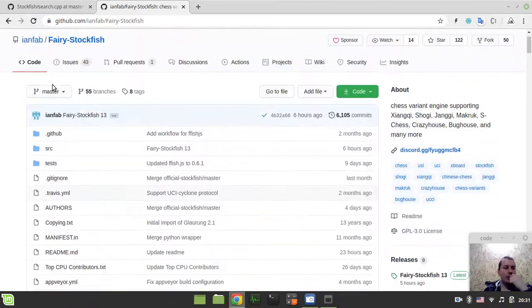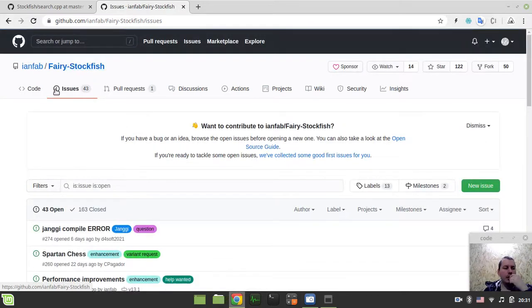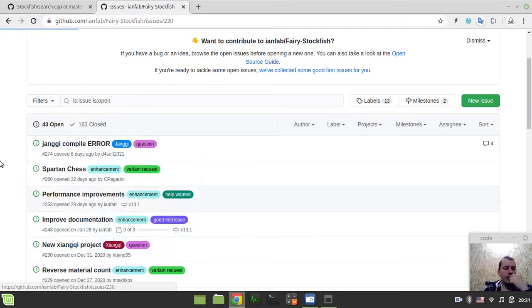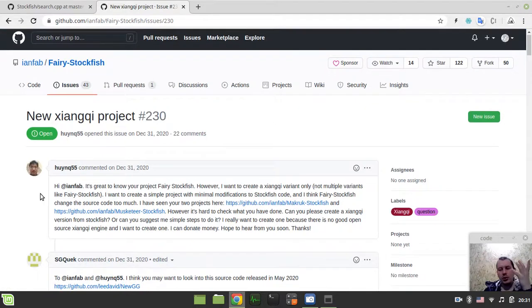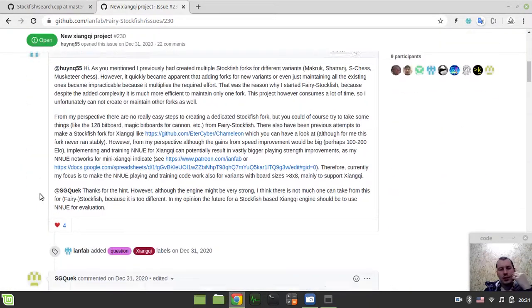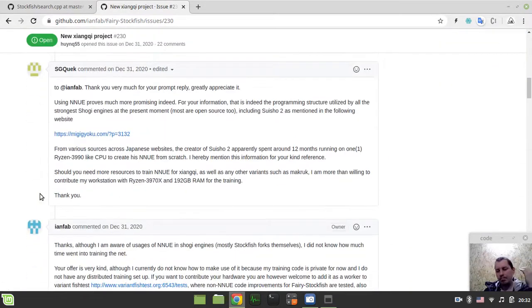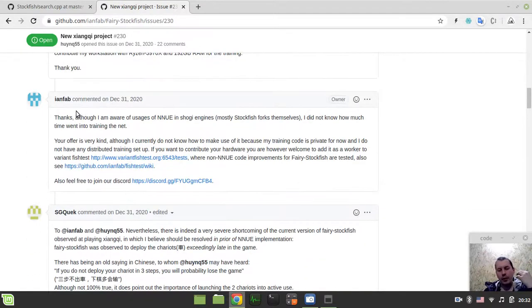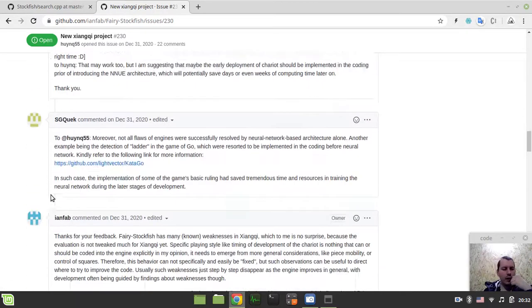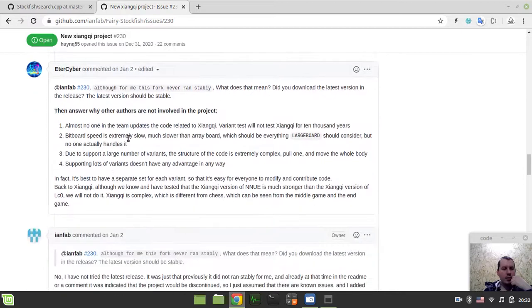So let's go to the issues again, and this new CNC project. And the discussion is really interesting, and it's showing the difference in the approaches of Fabian and Howley. So I have this very nice, yeah, this is it. Well, so he says that his fork is actually stable, but it doesn't matter really. And here the interesting thing starts.